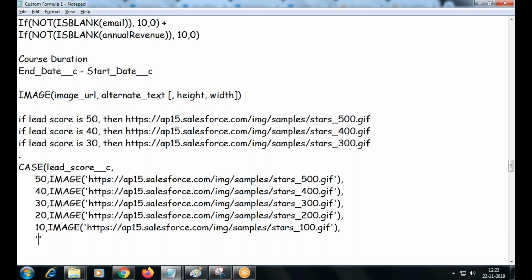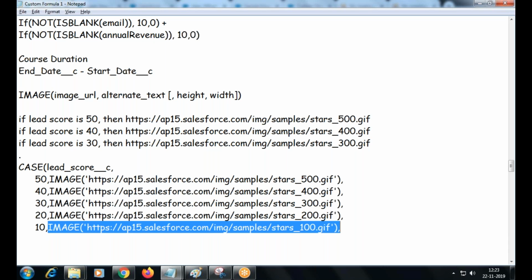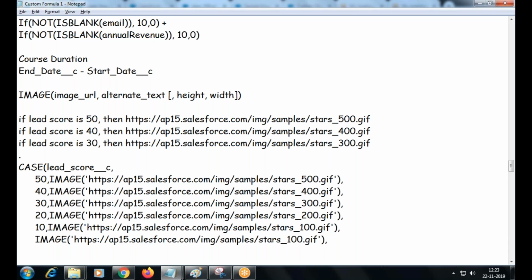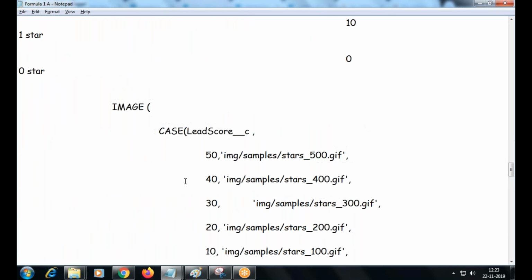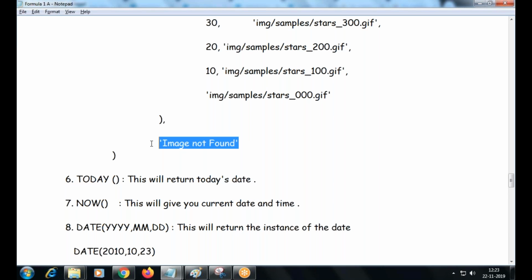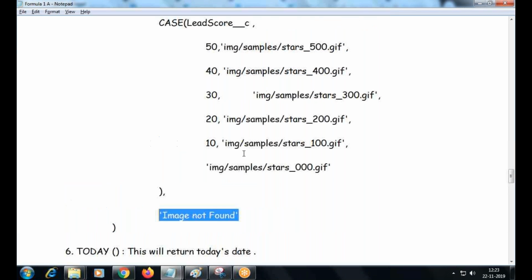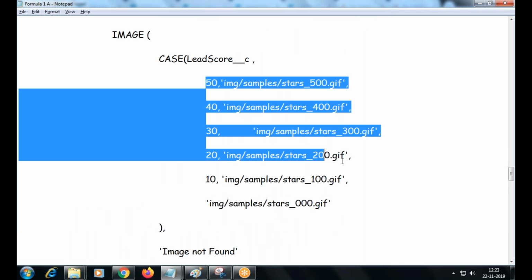Right. So for anything else, we are going to return alternate text. Okay, image not found. Case 50.